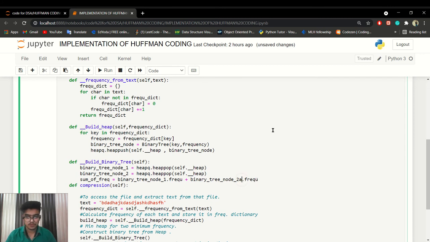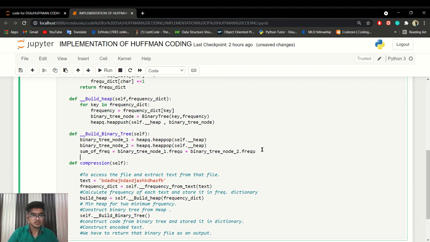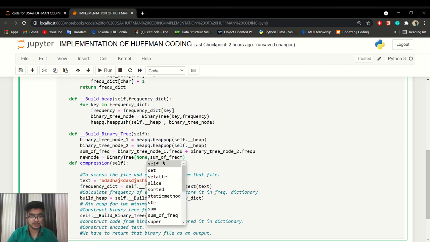So here is the problem. Okay, so we sum up all these and we are creating a new node. For the new node we are calling our class binary tree, and we are passing key as none, and the value as sum of frequency.